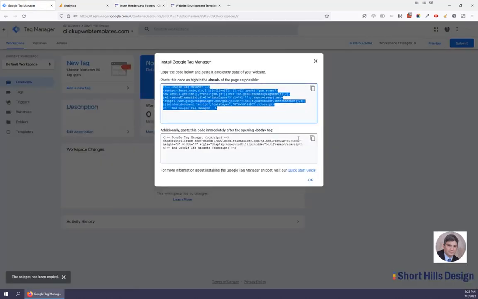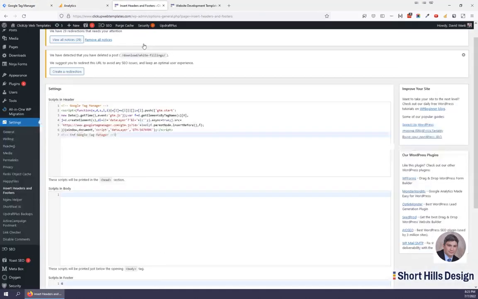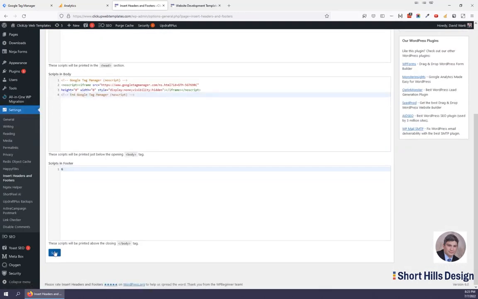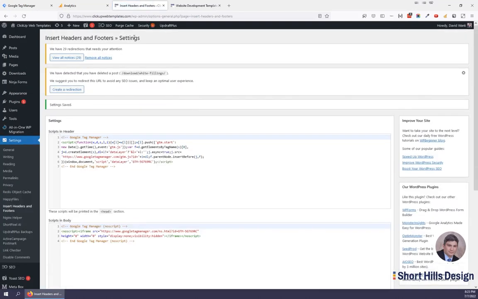And let's come over here, and we want it immediately after the opening body tag. And let's put that right there. Awesome. And now let us save this. So we can see, let's just purge the cache,